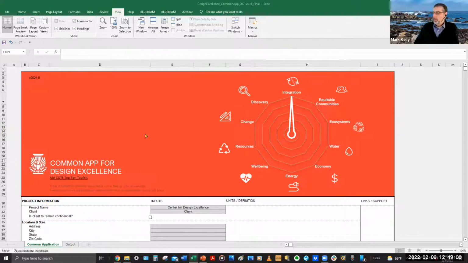We have one question from Julia. Some measures and narratives are a bit confusing for interiors because they seem to target new construction, like the design for ecosystems or water. How best to address this, or not applicable?